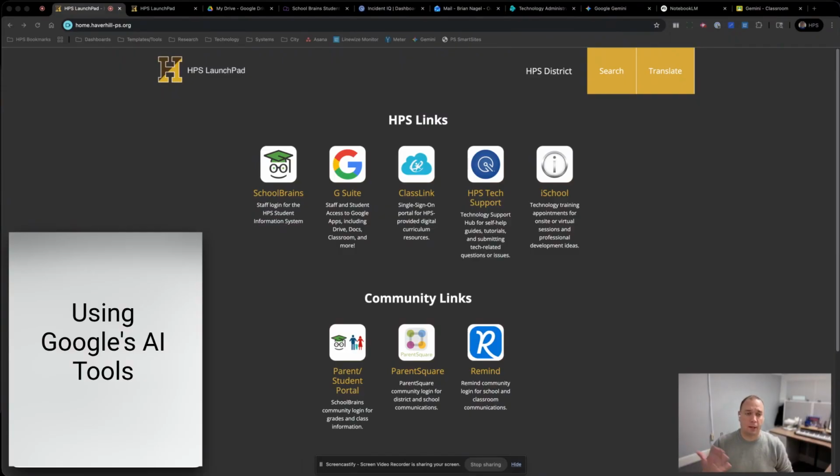Just to set the record straight, I'm with you. I wish we could use everything that's available on the internet. There are a lot of great tools out there that we don't have specific licenses or requirements for in our Haverhill Public Schools hat. But the reality is that sometimes we just can't. We just don't have the ability to use everything that's out there. So our responsibility is to maintain compliance with all of our data privacy regulations.